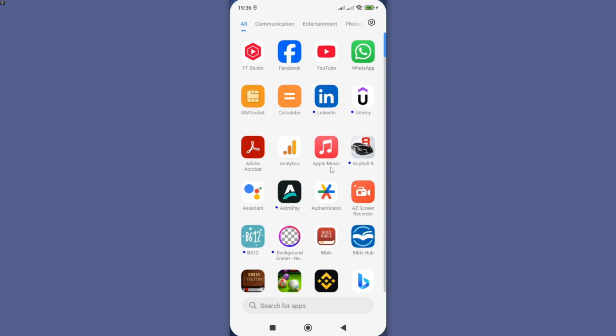In this video, I'm going to show you how you can install the right Apple Music app on your Android